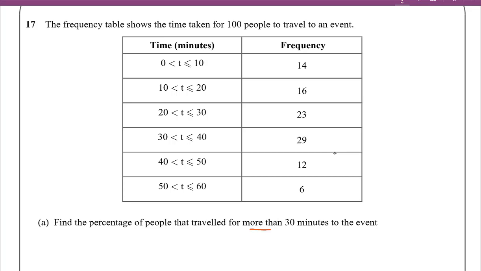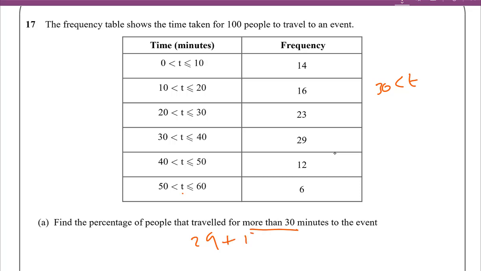Because it's more than 30 minutes, this is equal to or less than 30 minutes. Because we want more than 30 minutes, we need to look at here. So t is greater than 30, so we can look at here. So this is 29 people, and then the rest are obviously more than 30, like as we can see. T is bigger than 40, t is bigger than 50, so they're all applicable answers, and we can add them